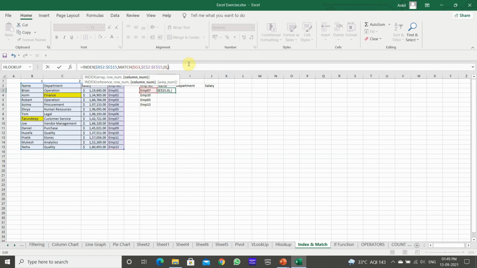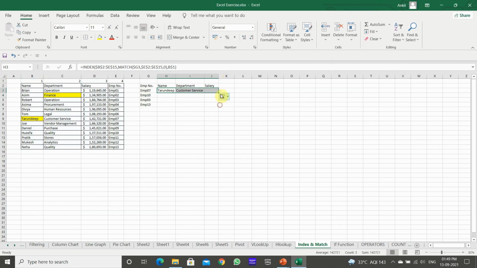And B1 is here, so B1, C2, here the column is changing and the row is constant, we will block the row. Now autofill it. Okay, see, so that is the advantage of using INDEX and MATCH. Thank you and have a nice day.